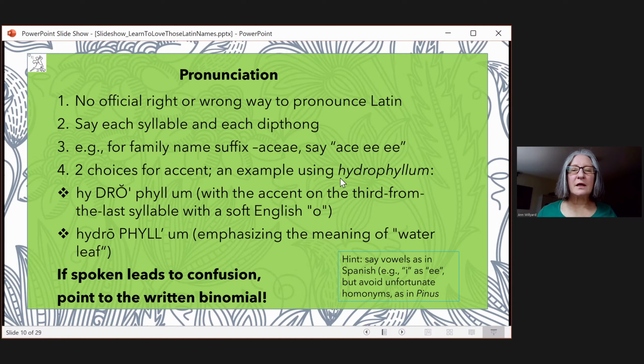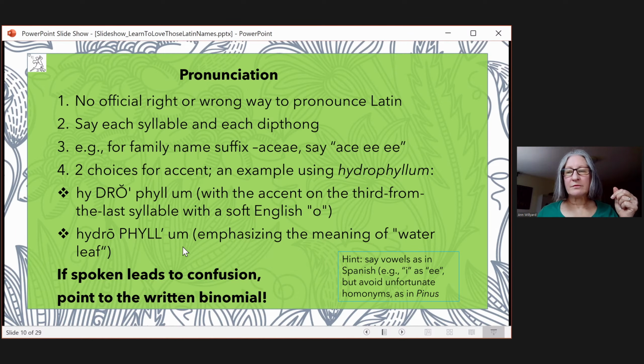The Latin hydrophyllum means water leaf. Hydro, water; you would recognize phyllum as leaf. So the two main ways you'll hear people pronounce this: one puts the accent on the penultimate syllable, the third from the last, with a soft English O, which maybe sounds sophisticated. The other thing that you'll hear people do a lot is put the accent elsewhere, which